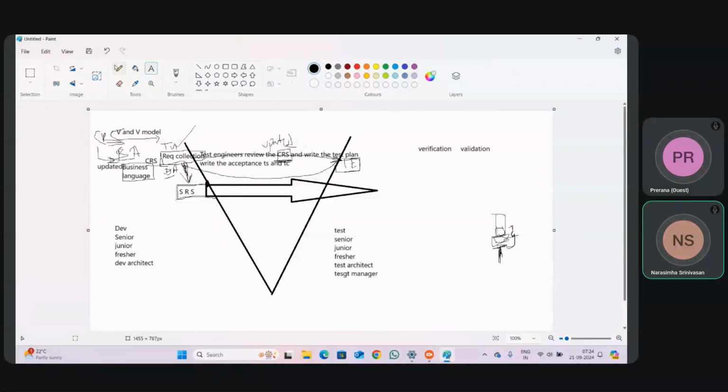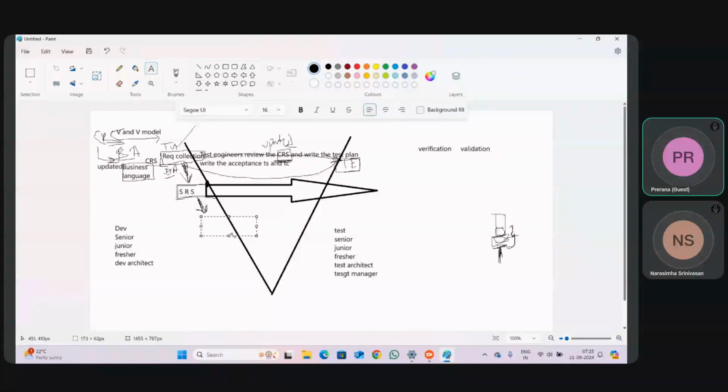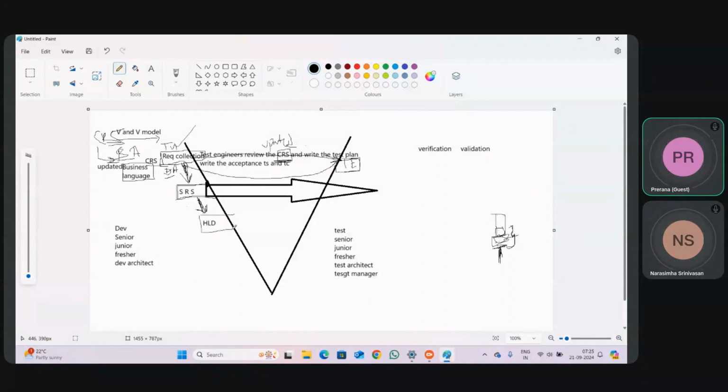Parallelly, what is my architect doing? The architect will look into the SRS and write the design. He will do the design. There are two types of designs: high level and low level. Can I call it HLD? HLD means high level design. So, as soon as